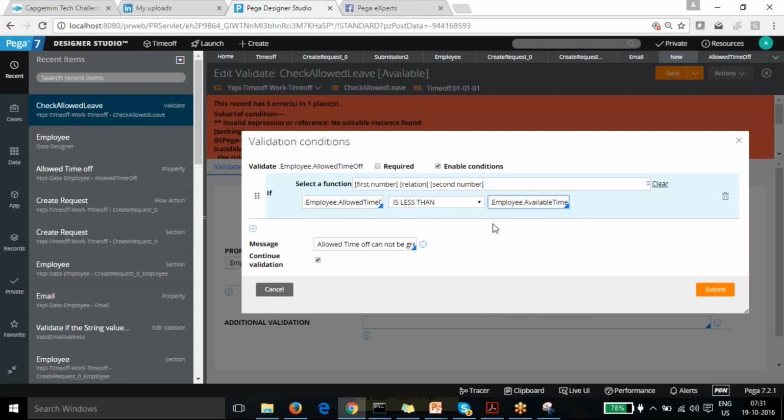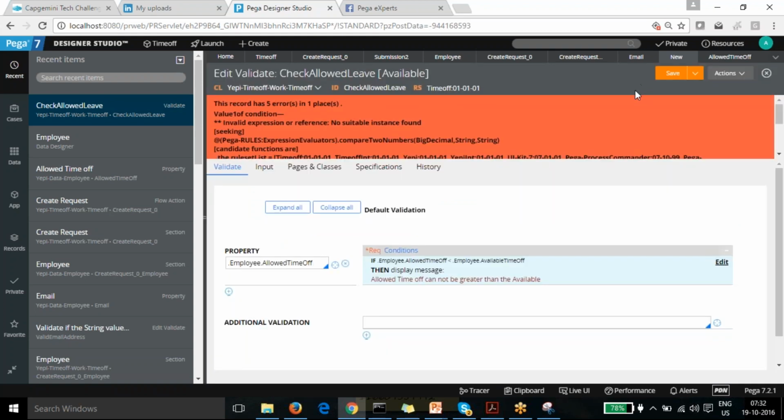So you can see, it's just for testing purposes I'm doing it. It's not a valid condition, but okay. I can change that message just for the time being.